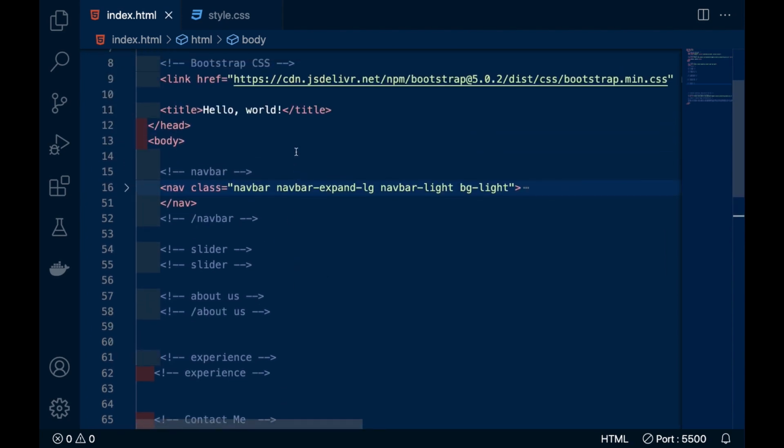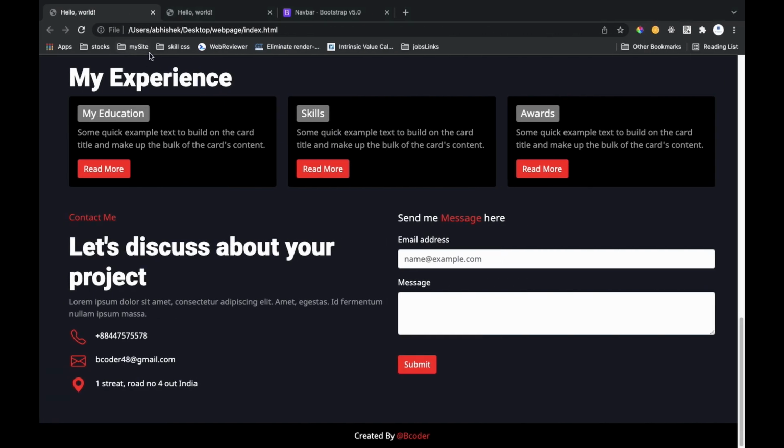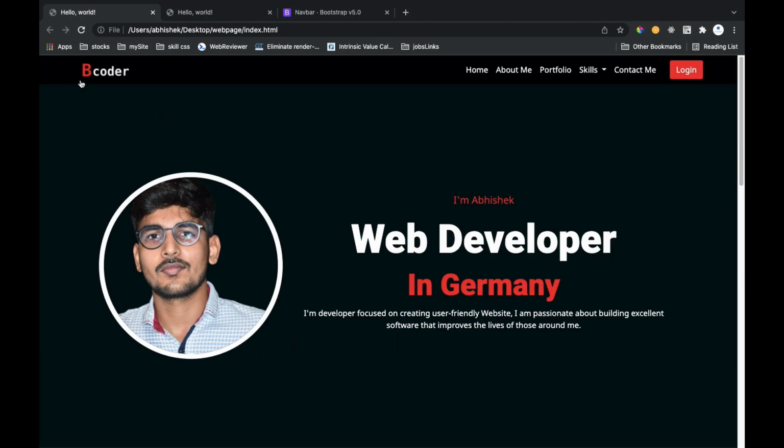So friends, we have saved the navbar here. So we will check it in our website web page. In this website, when you see the navbar, it is from the last point of the screen to the starting point, from the starting point of the screen to the end point of the screen.